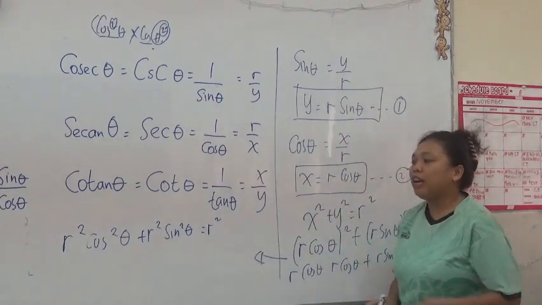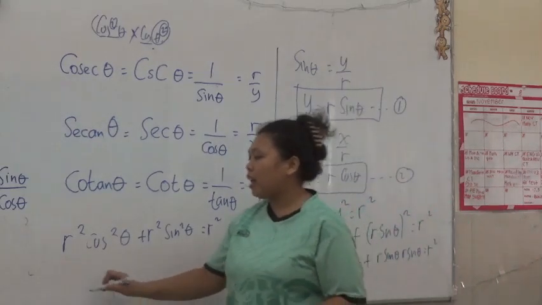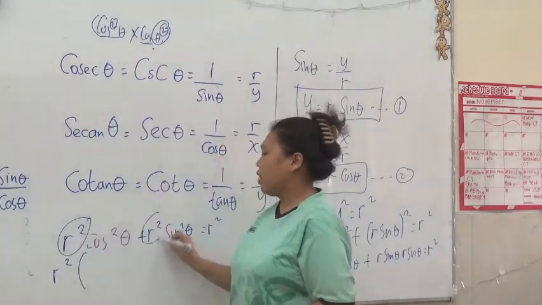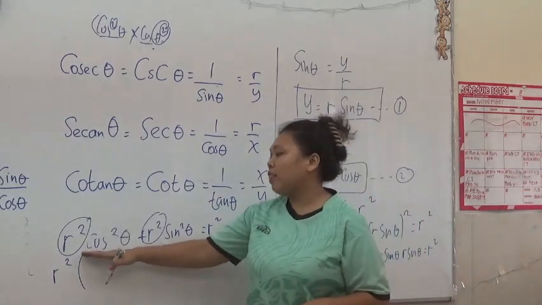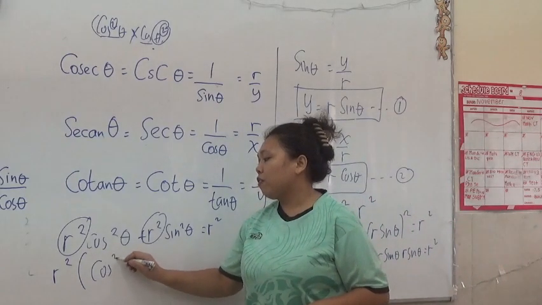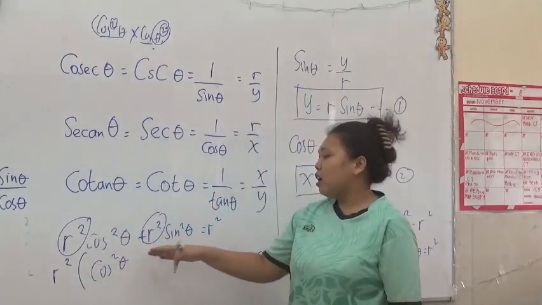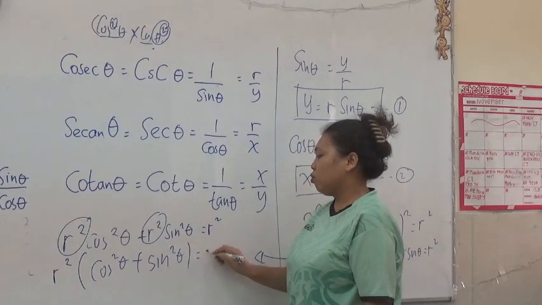Now, at the left side expression, I can see that I have the same variable r to the power of 2, so I can factorize this expression by taking r to the power of 2 out. Since they are just the same, I can just bring this variable out. So at the left side is cos to the power of 2 theta, because I already brought r squared over here, and then from this side I just need to write sine squared theta equals r squared.